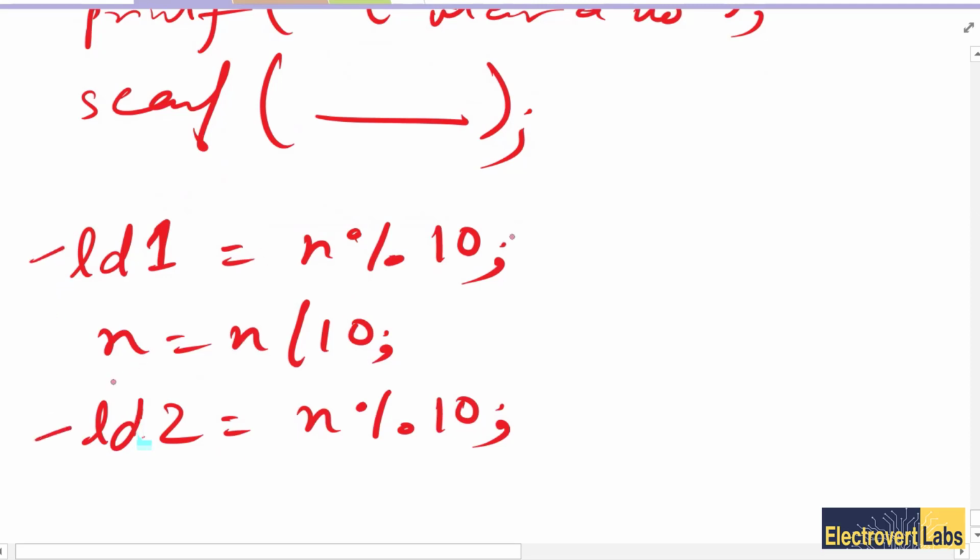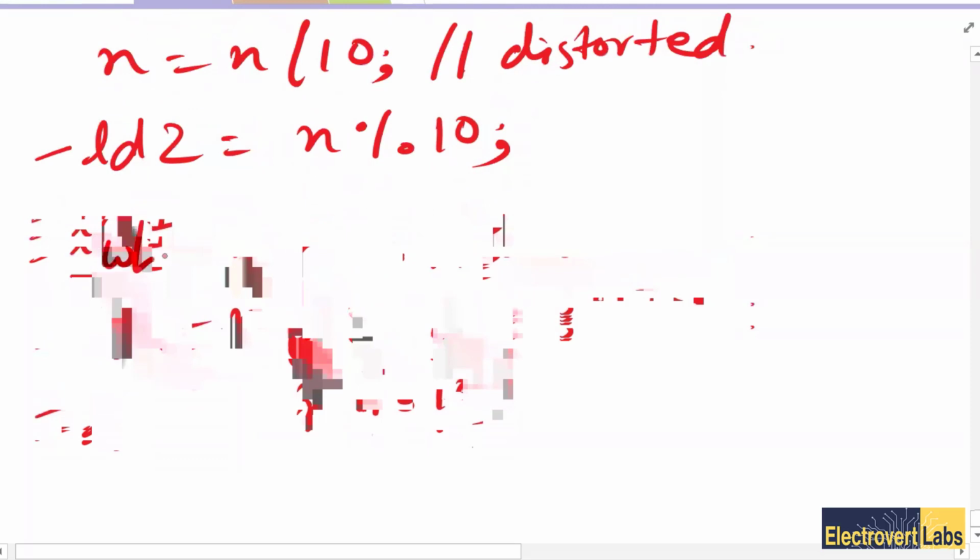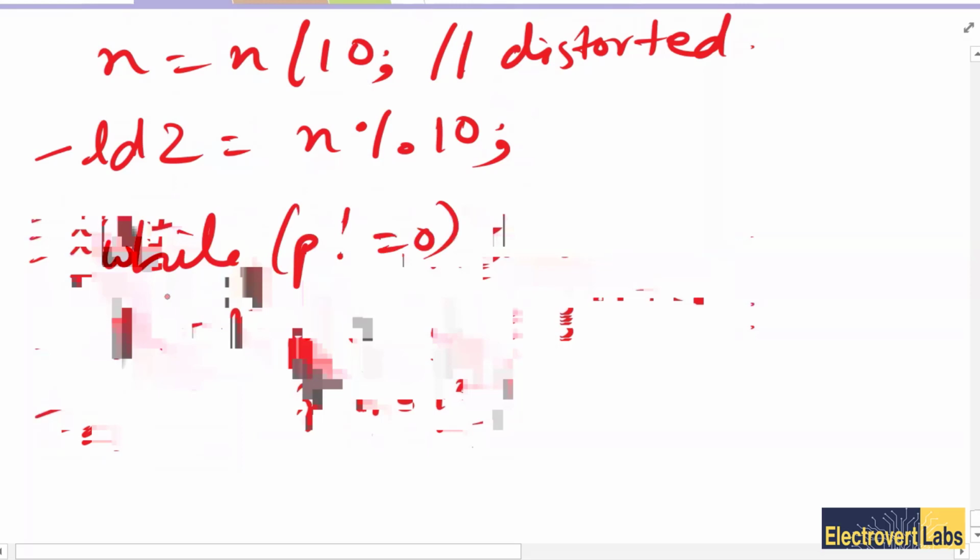Now in this process, now we have to do the reverse of the number. For that, basically we can't use n now because we have already trimmed n. So n has been distorted here. So what we do, we already save a copy of n. For example, p is equal to n. Now p has the same value as n. Now we'll reverse p. So while p not equals to 0,